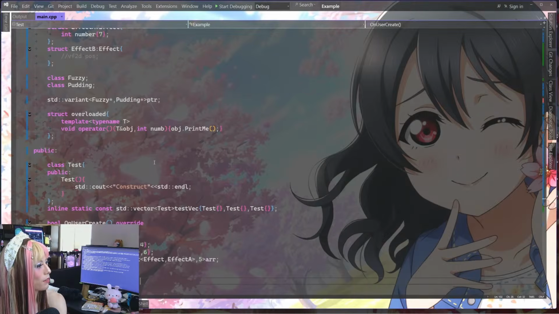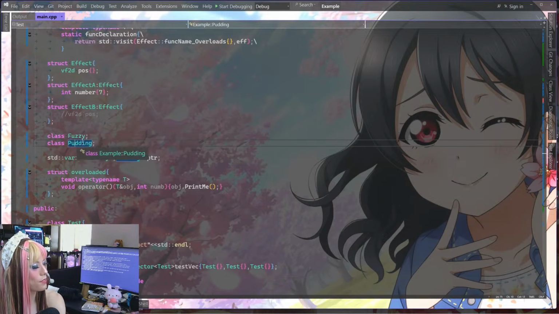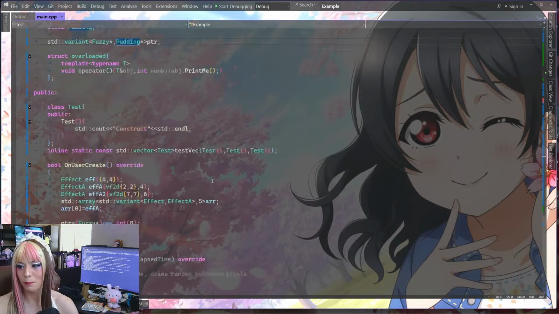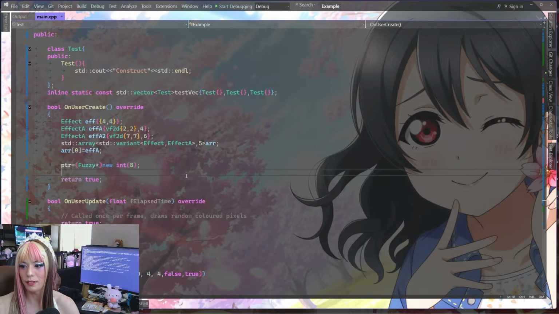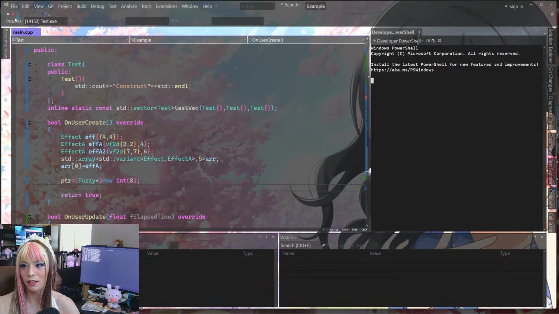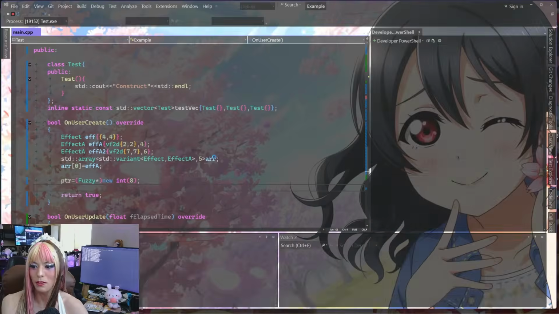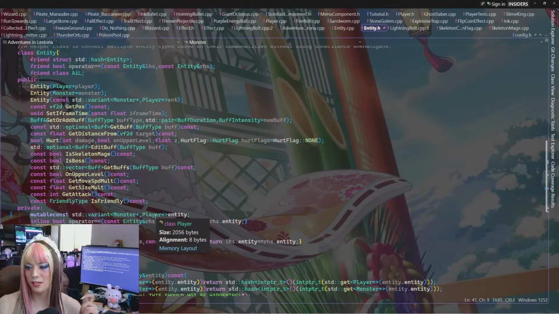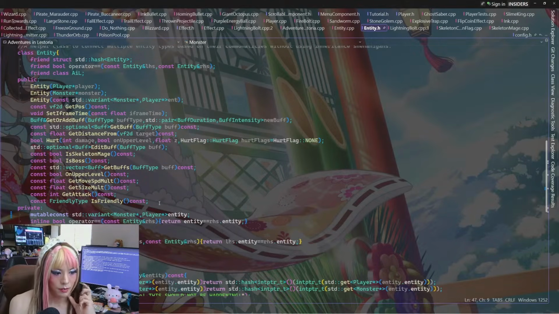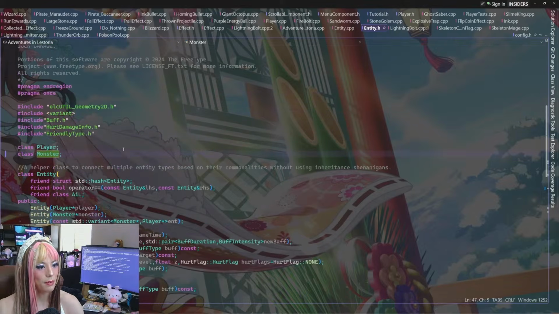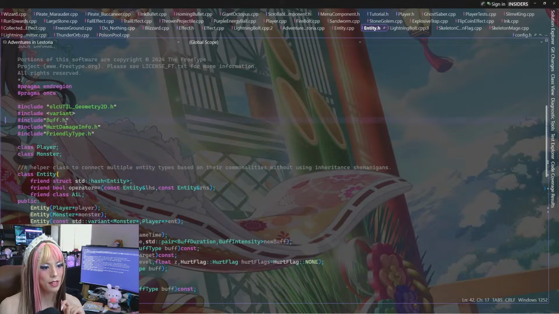I think our test, yeah, we just made up two classes called Fuzzy and Pudding. They are not defined anywhere in this code. I just literally made them up and told the compiler they exist somewhere and put them in a variant. And this code does compile. I literally casted this pointer to a fuzzy pointer, and the compiler's happy with that because a pointer is a pointer. So that isn't the issue. So I think somewhere we have a circular include that we shouldn't have, so we have to check these guys to find it.